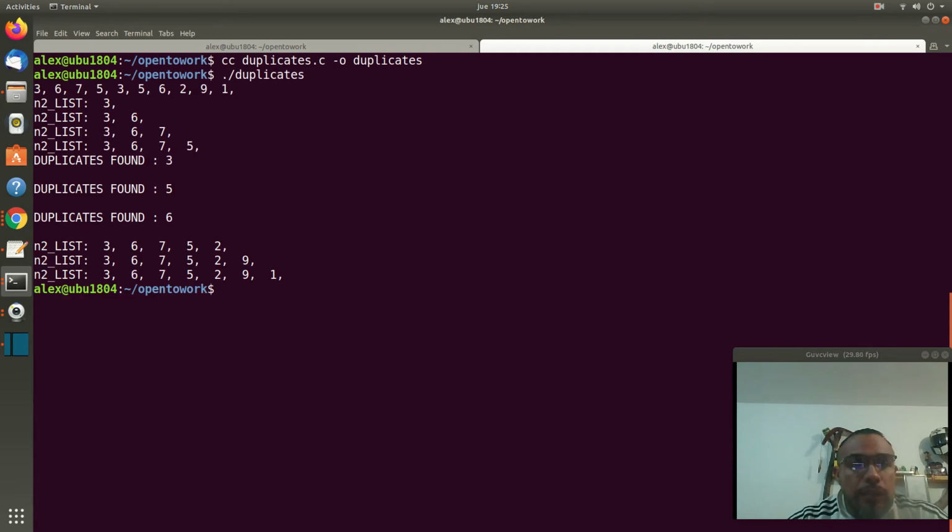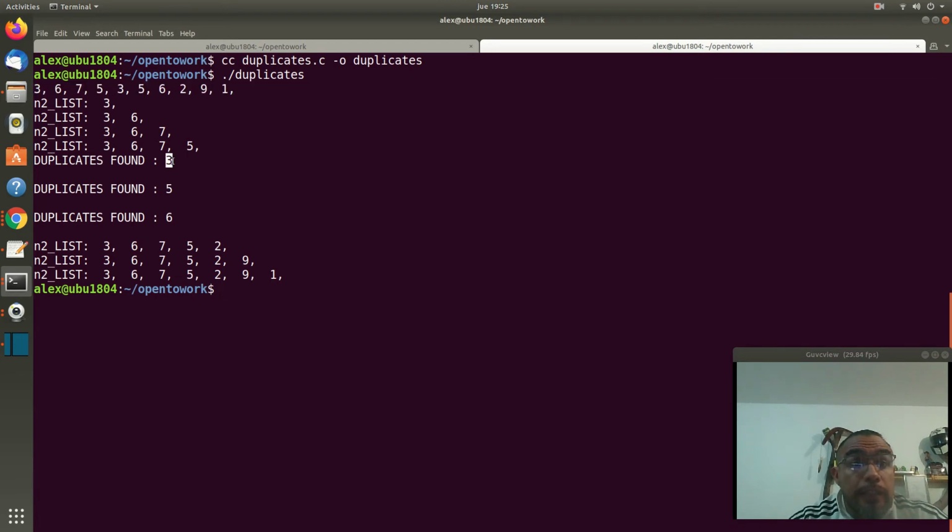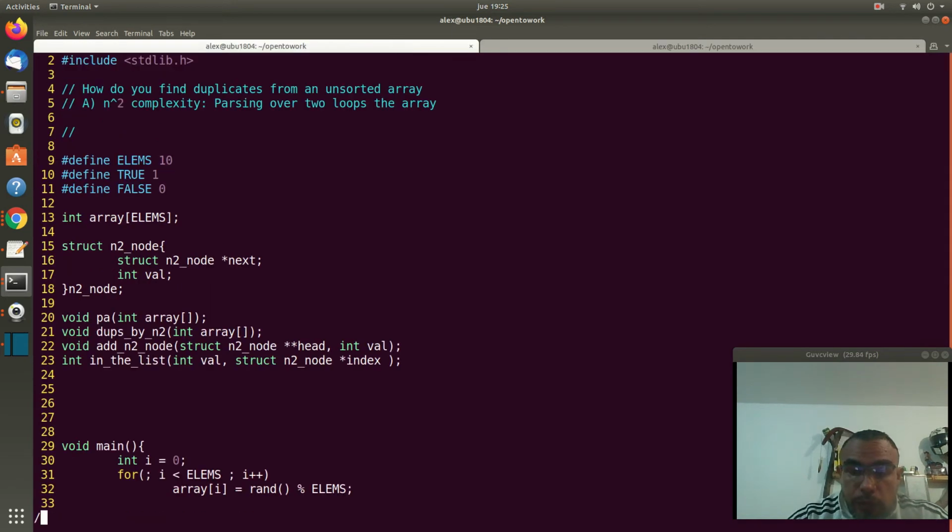What it does so far is that it generates an array with random numbers, and then it says that the number 3 has duplicates, and the number 5 and the number 6. Number 7, as you can see, there are no duplicates for that, nor for 2, 9, and 1. And so